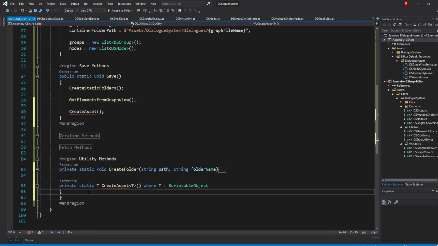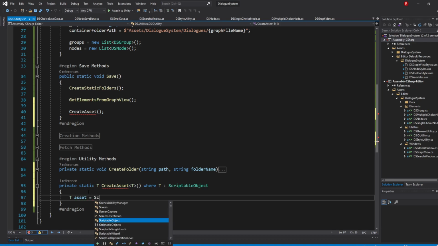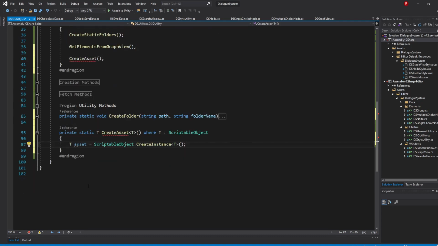We can now create any type of scriptable object, so create a new variable of type T, which I'll name asset. We'll be instantiating the SO to this variable, so type in equals ScriptableObject.CreateInstance, passing in T between angle brackets. We now have our SO instance, so we just need to make sure an asset of its type is created